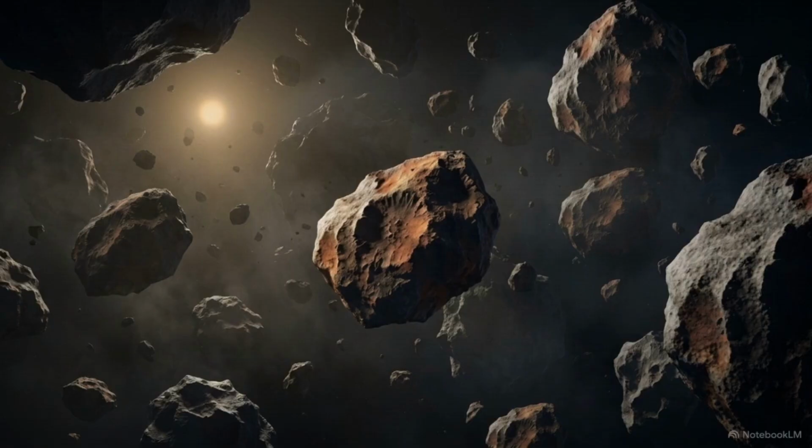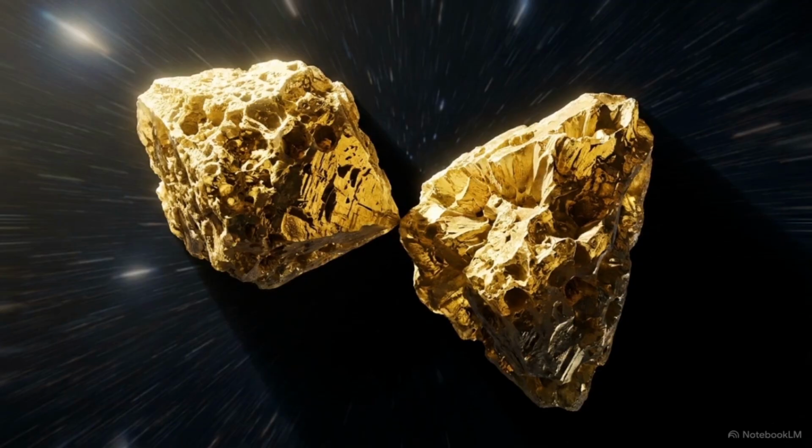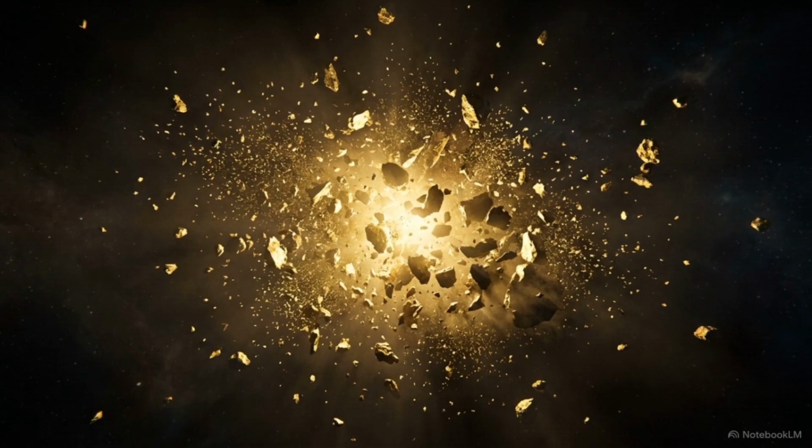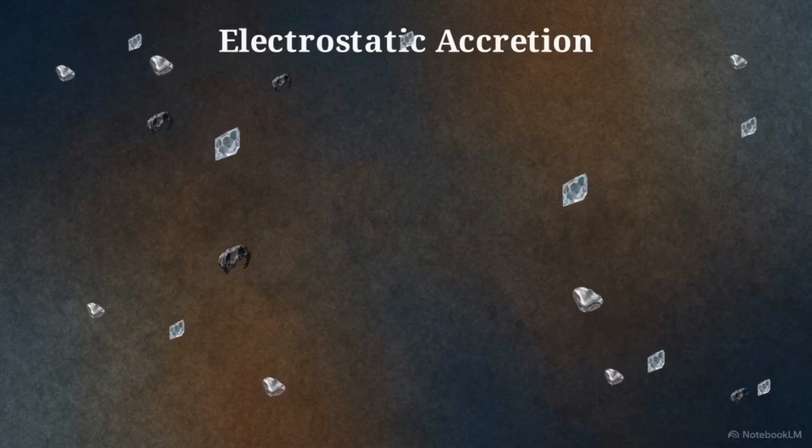We have to zoom in far beyond the scale of boulders or even pebbles. The original building blocks of the planets were tinier than a grain of sand, floating freely in the void. At these microscopic scales, objects moving at high speeds don't naturally stick together. When they collide, they usually shatter into even smaller fragments. This diagram illustrates planetary formation via static electricity.